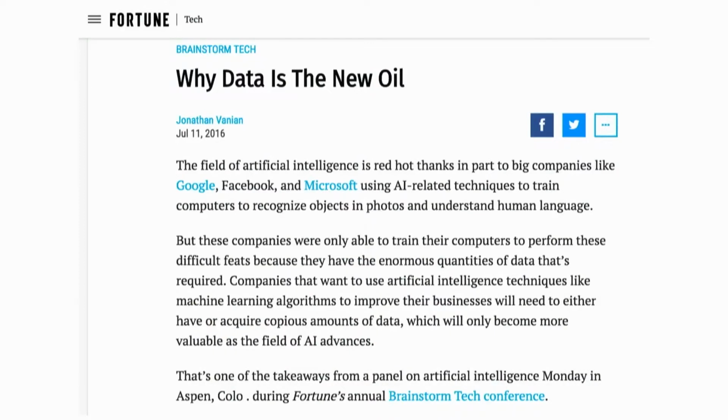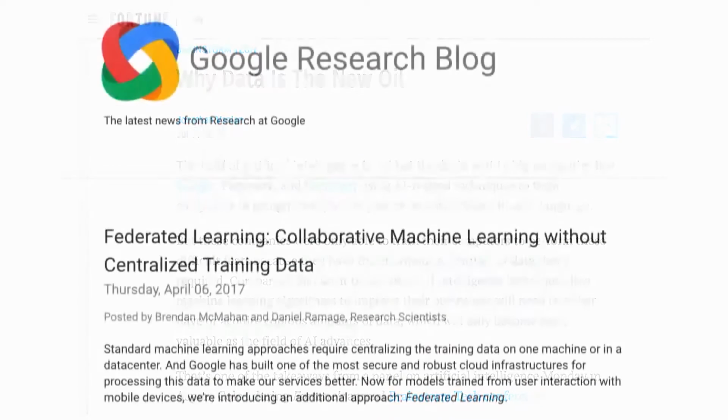In this case, the importance of putting this algorithm on the device and not sending the training data to Google is that, of course, you want to preserve the user's privacy, but then how do you make this thing better? So we developed a technique in the group called federated learning